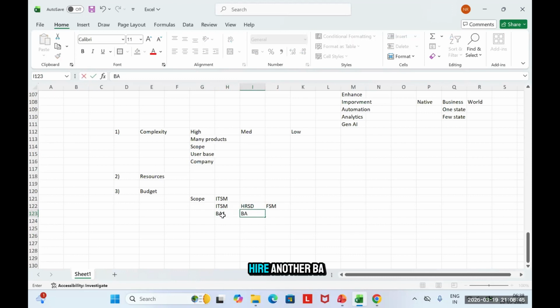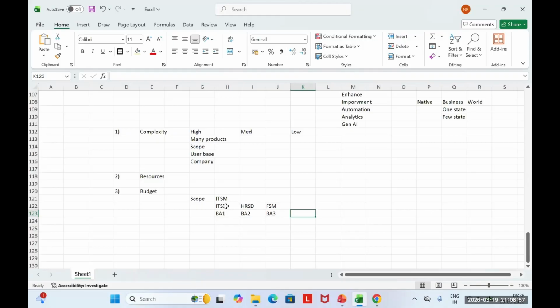Then I can hire another BA who is experienced in HRSD, and a third BA who is experienced in FSM. So I can hire ServiceNow BAs as per the stream, as per the product, and then I can run this project in parallel. That way my timeline will reduce. But here I will need more funds, because the size of the implementation team has increased.